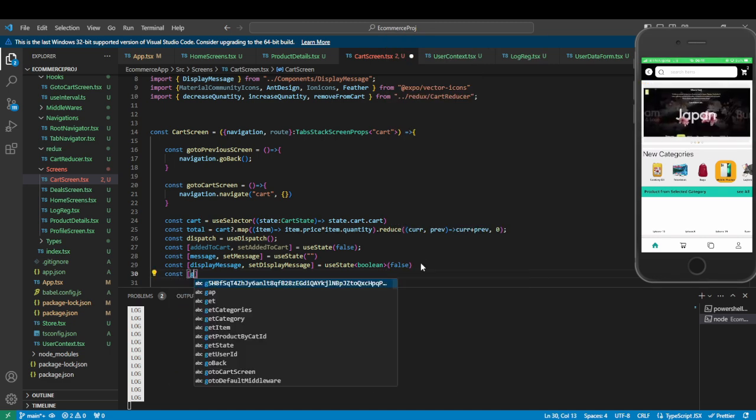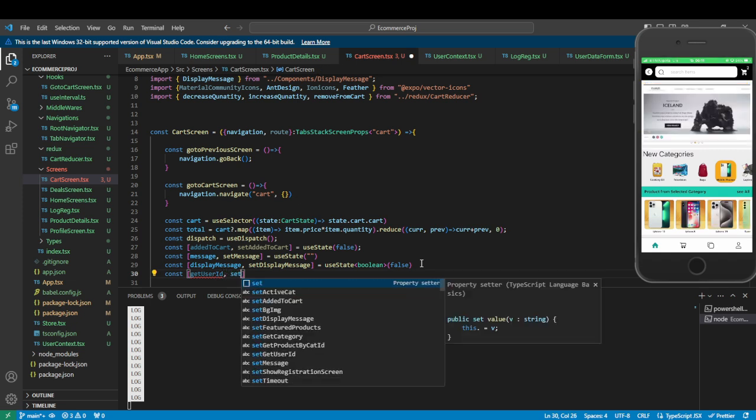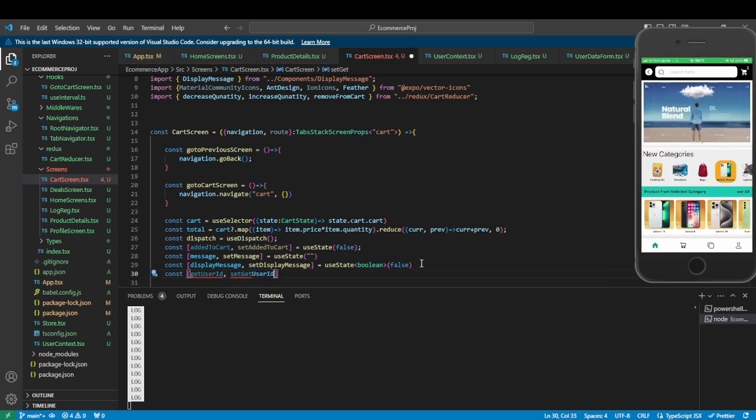So we're going to say get user. So we're going to say get user ID and set get user ID. So that's talking to the user login ID, and then we'll use